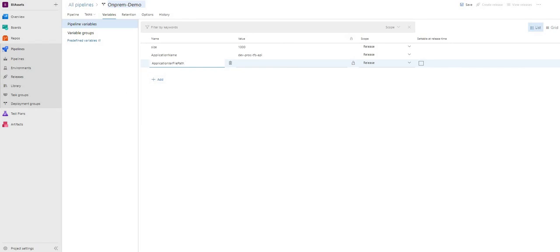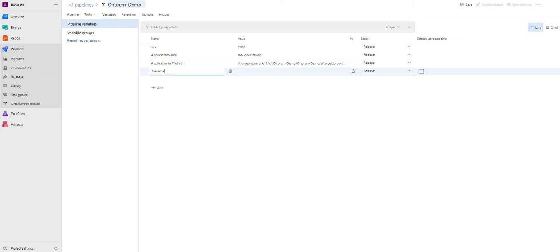Application jar file path. So this is the path of the jar file once the CA part is complete. Just giving it before end. So this is how the jar file is going to be named.